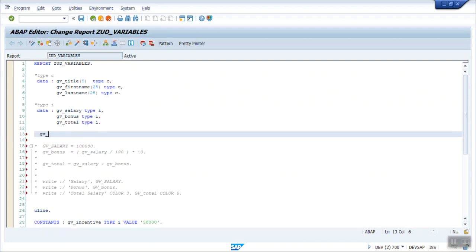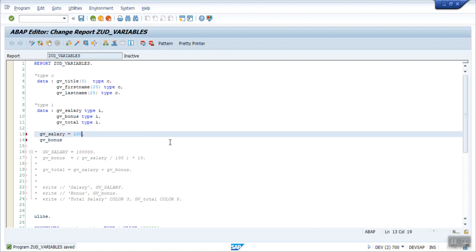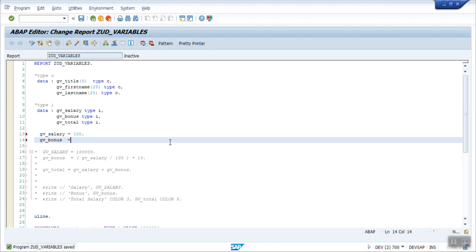Let's say here my GV underscore salary is equal to one lakh, and my GV underscore bonus, let's say 2.5%. Okay, just make it 100. And let's say here I am adding as 37.